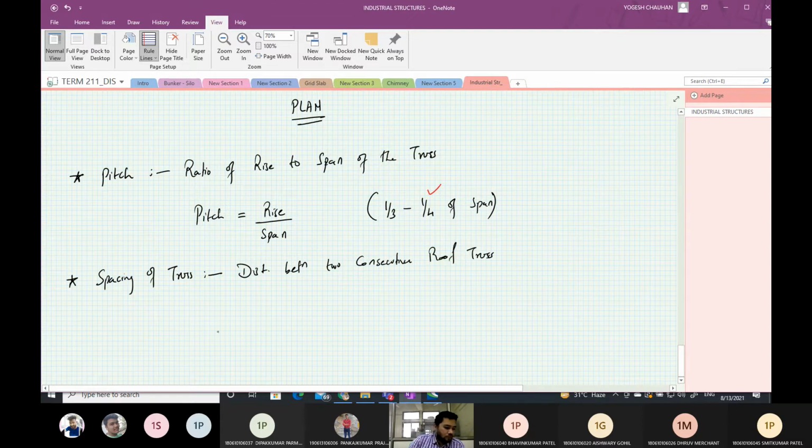And usually this is the economical spacing of truss.